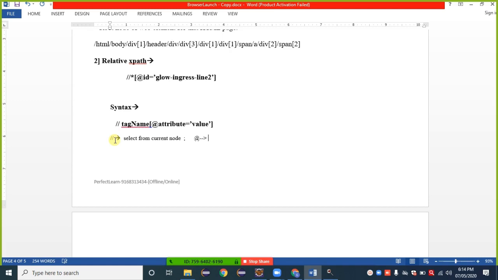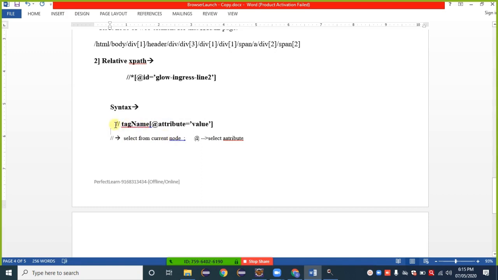Then what is the meaning of the @ sign? The @ sign indicates select attribute. So here two forward slashes are available, and the meaning of that is select from current node.